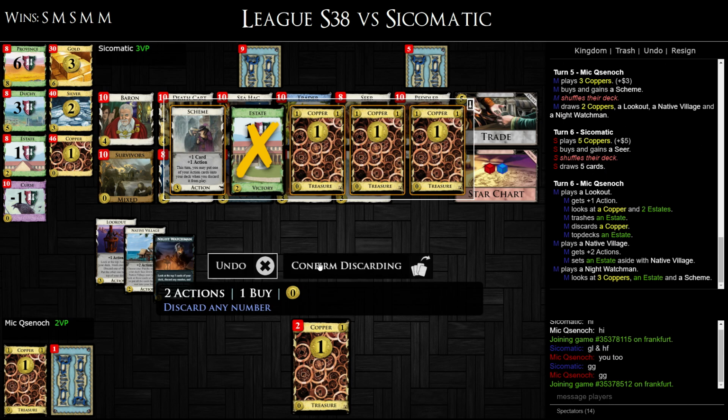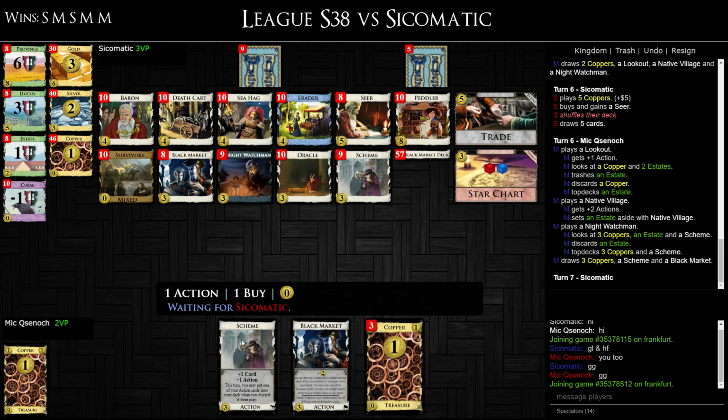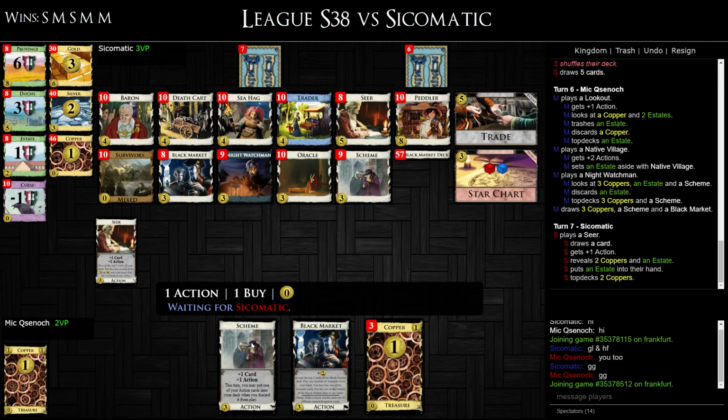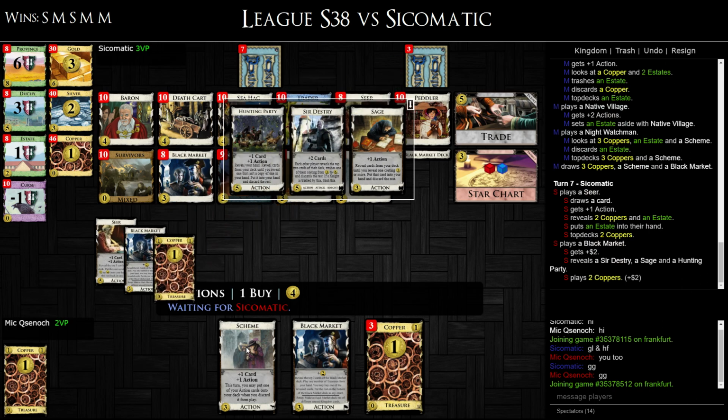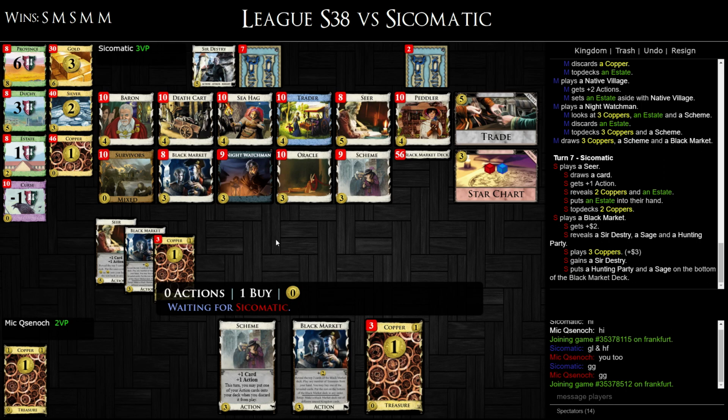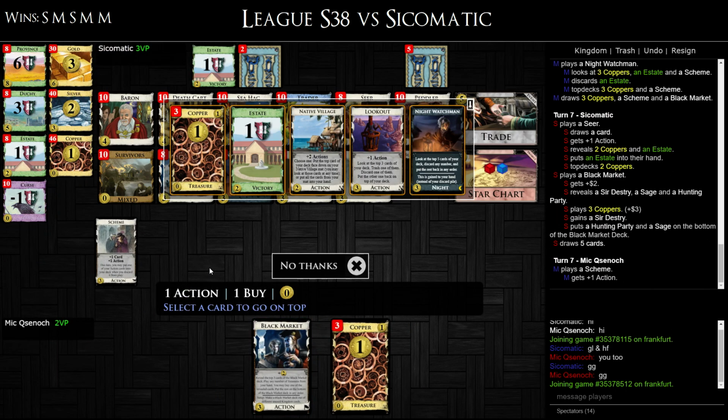This seems okay. Maybe I should have tossed more coppers. I would like to get... This is probably alright. He can get Destry, though he doesn't have a village yet. This will be a seer buy for me, most likely, but there's some chance it's a black market pull. He does get Destry. He still doesn't have village, so...